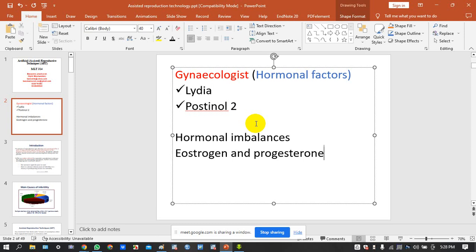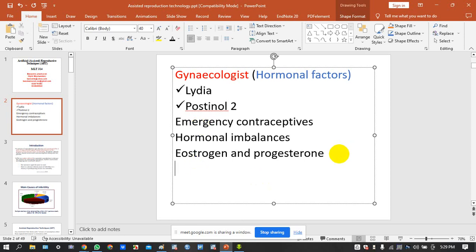It's because of the emergency contraceptives. Postinor 2 and Lydia are called emergency contraceptives, and they are supposed to work within 72 hours. They create a whole lot of infertility issues, because after killing the sperm inside the vagina, what do they do? They cause hormonal imbalances. Imbalances in progesterone and estrogen level will cause desquamation